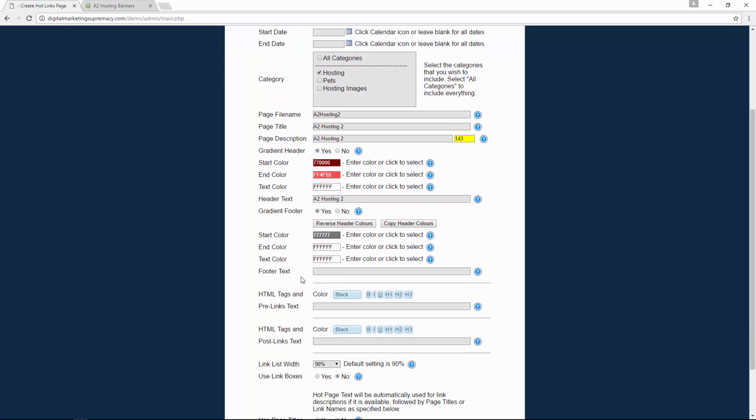I'm going to use a gradient footer. Now I can choose to reverse the header colours like so, or copy the header colours like so. I'm going to reverse them. I'm going to keep my text colour as it is at white, copy and paste, and just for the purposes of the demo,